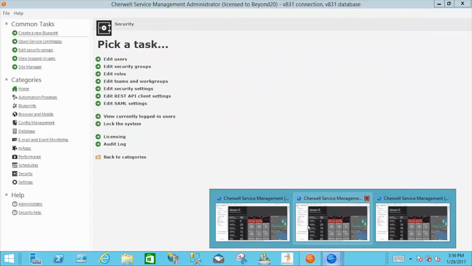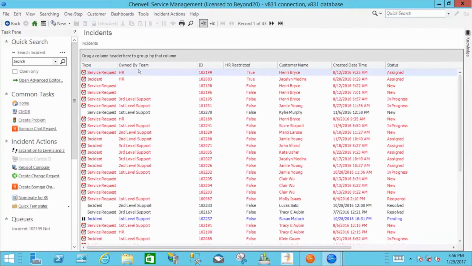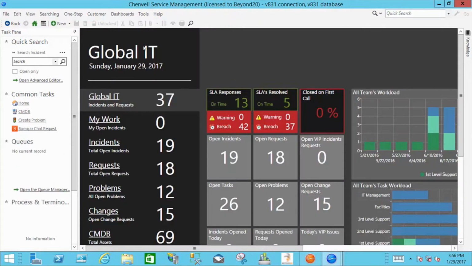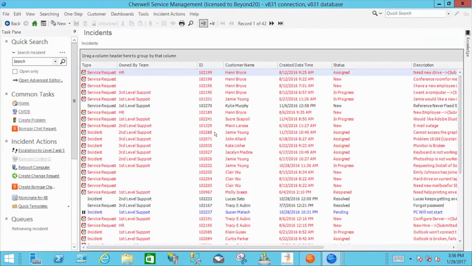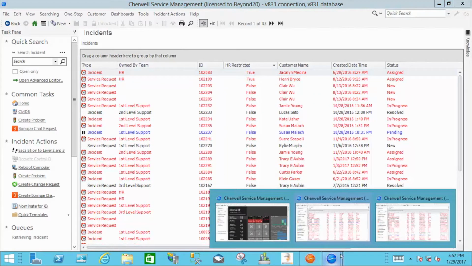And our end result ends up being, if we come over here, owned by team is HR and HR restricted is true. So we have two incidents, 102.083 and 102.199, that are HR restricted. Now if we go over to our IT person and we search, we see 102.199, which is one of our HR restricteds, but we do not see